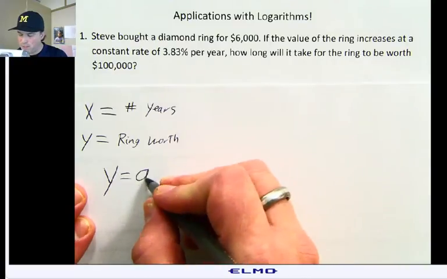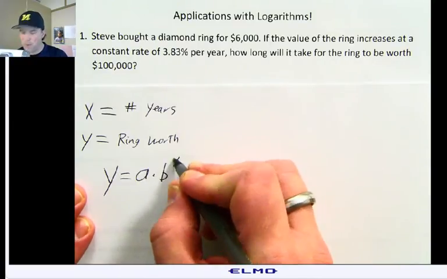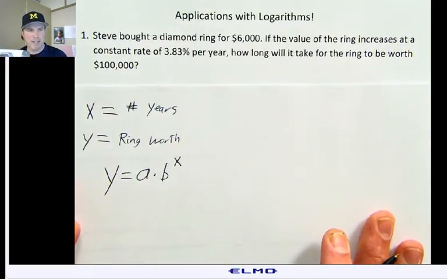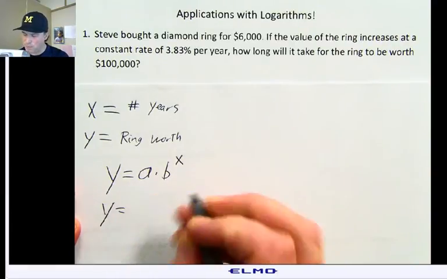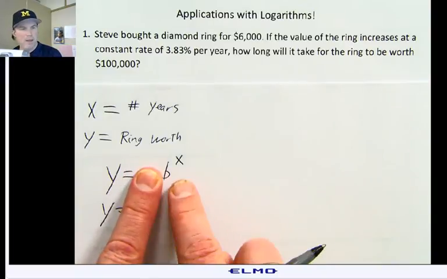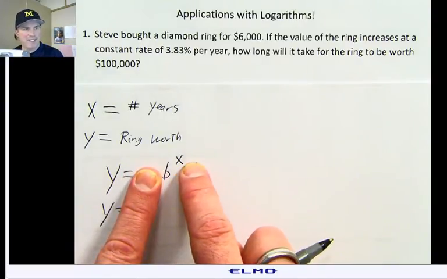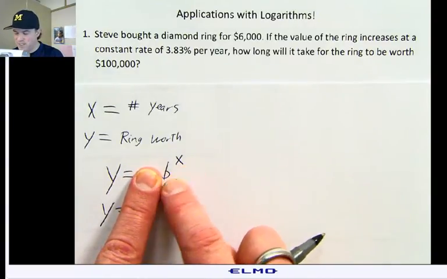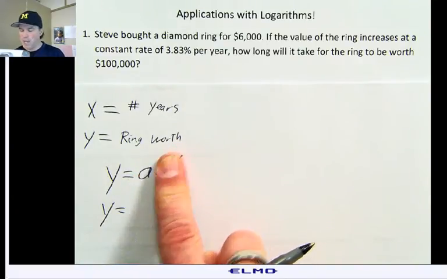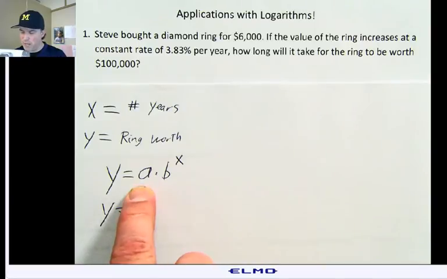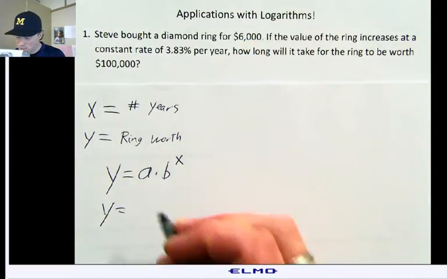So all of these equations are going to be of the form y equals a times b to the x. And as you recall from our previous chapter, if x is equal to 0, you just have b to the 0 as 1, so you end up having y equals a. So a is the initial value, which is $6,000,